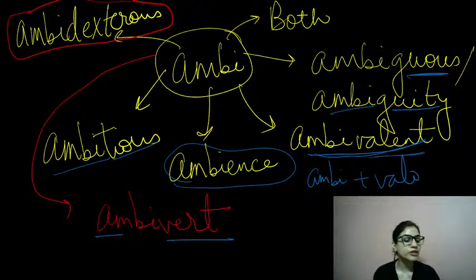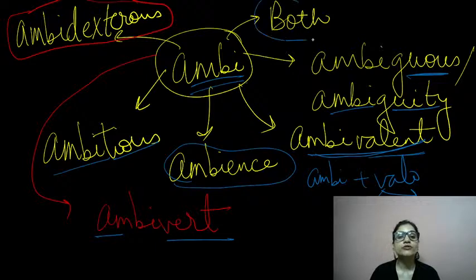So valency, like we used to say for iron's valency: it's Fe plus 2, Fe plus 3, right? So something which has more than one face. Something which does not have a single face, that is ambivalent. Coin has two sides. Ambivalent. Right? So all of these words come out of ambi. Ambi means both. Whenever you see these words, they have something in common. So one word root which is common is ambi. Ambi refers to both. Right?